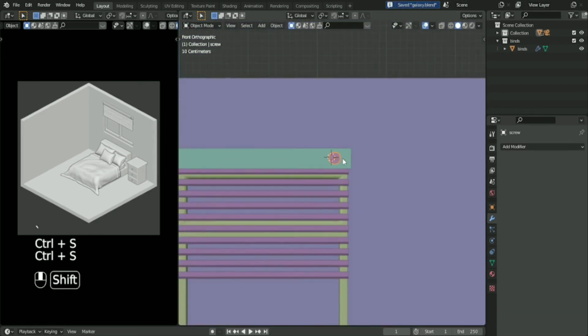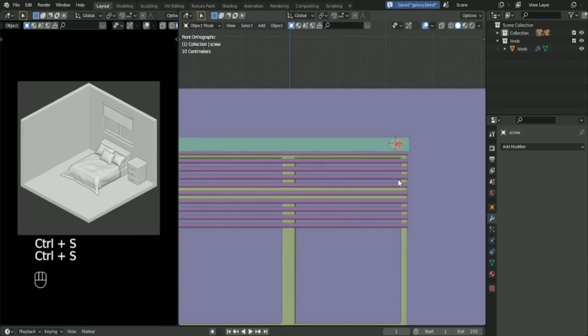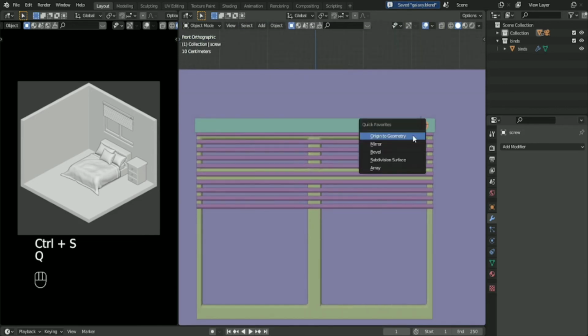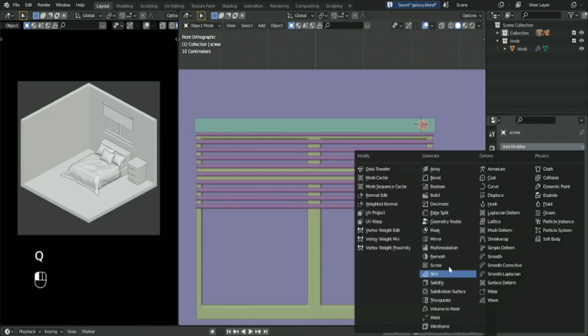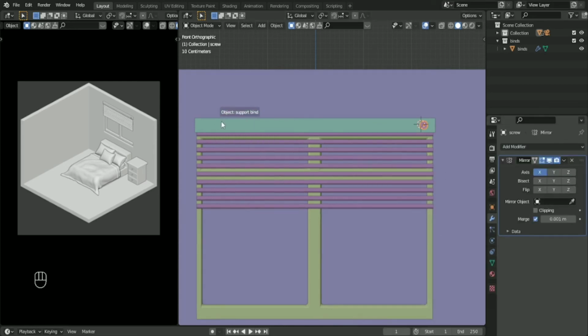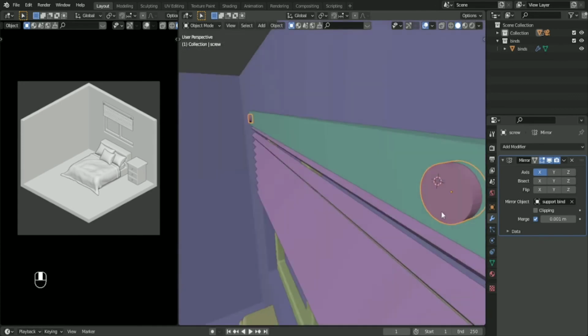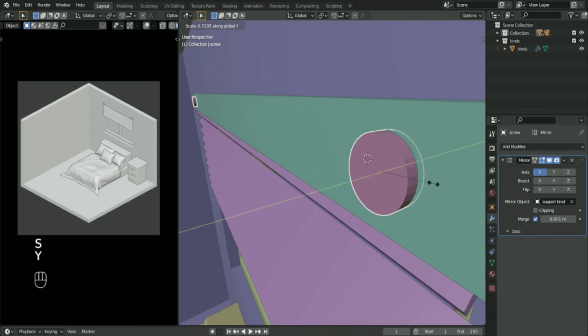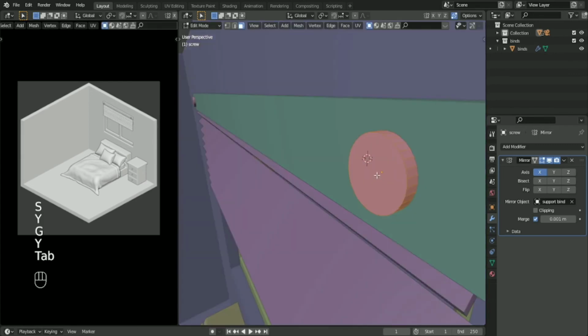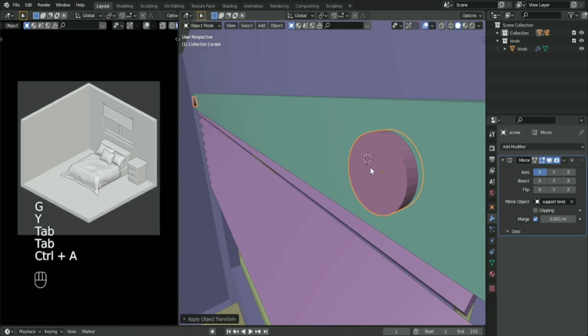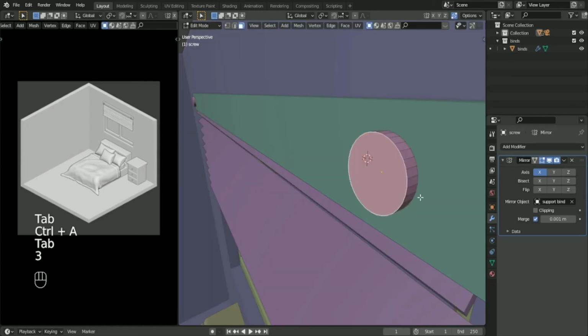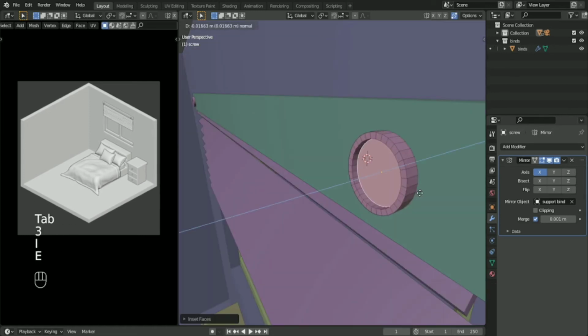And then we are going to add a mirror modifier. Just look for it in the modifier tab and drop the eyedropper tool on the blind like that, and also apply the scale and inset this one, then extrude it backwards like that,